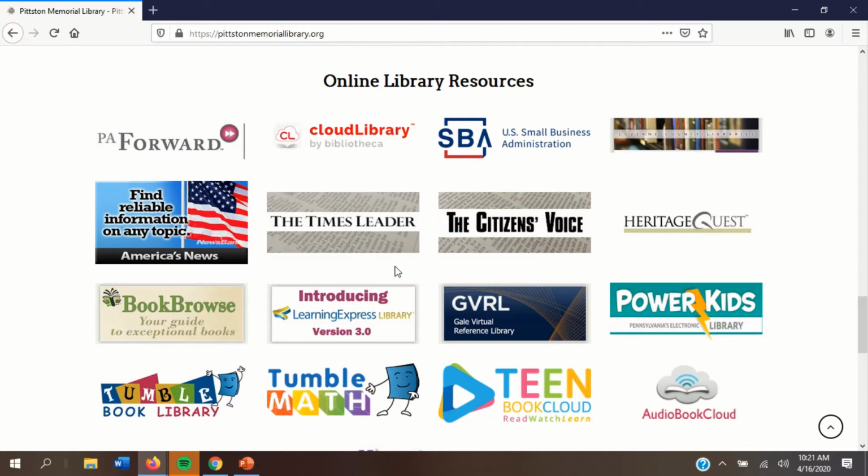Something to be mindful of, though, when you're searching through any of these newspapers is that not all of them are covering everything from infinity and beyond. So you might have newspaper coverage from like 2002 to present, or some go farther, 1990 to present, or what have you. So it's just something you want to keep in mind as you're doing a lot of your searching. Sometimes it's a lot of trial and error, and other times you get really quite lucky. So we're going to head over to America's News, and I'll show you what you'll need to do.